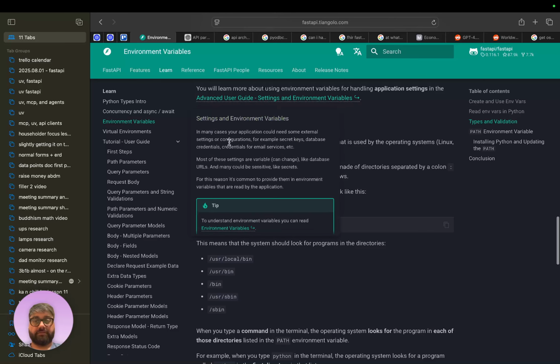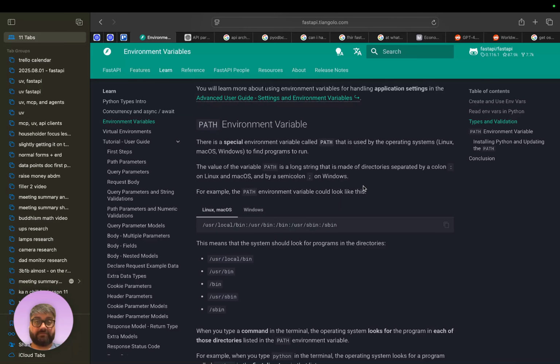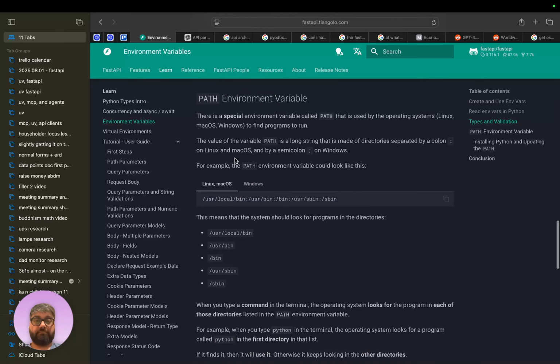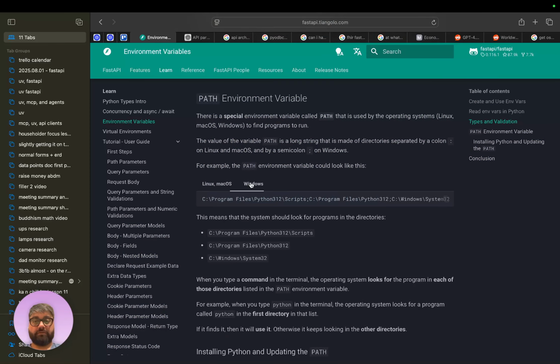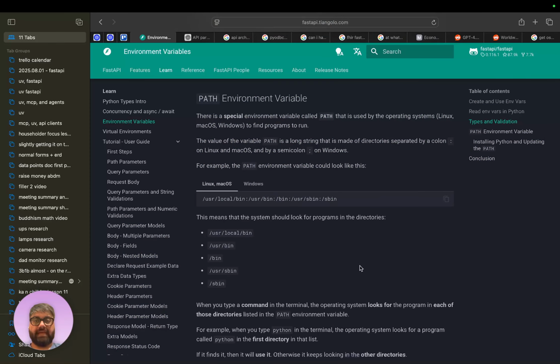So the PATH environment variable is a special one. You must have heard of it. It's essentially something that looks like this, or in Windows looks like this, and it's basically a variable that your computer uses whenever you start a program, right?